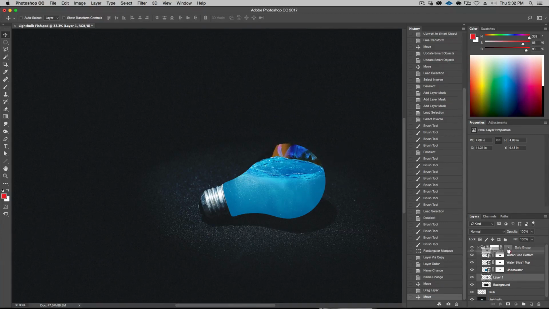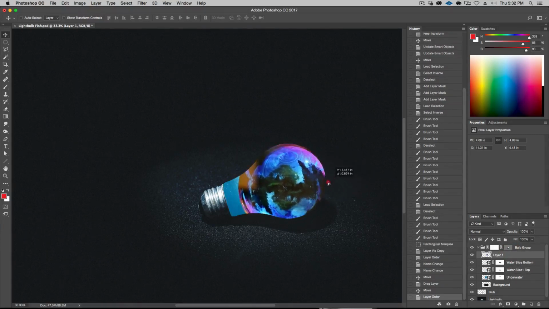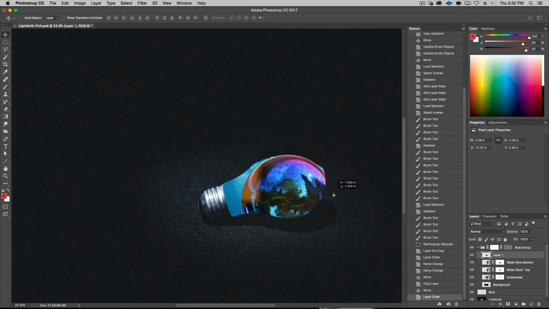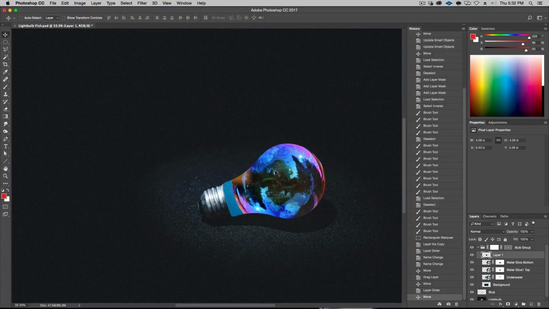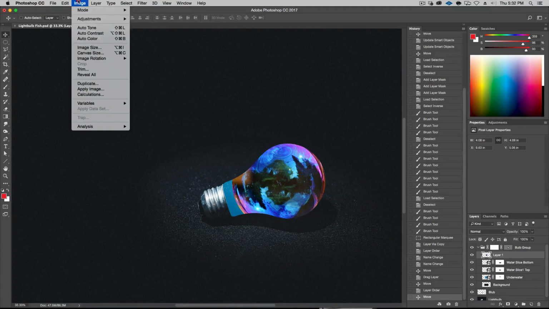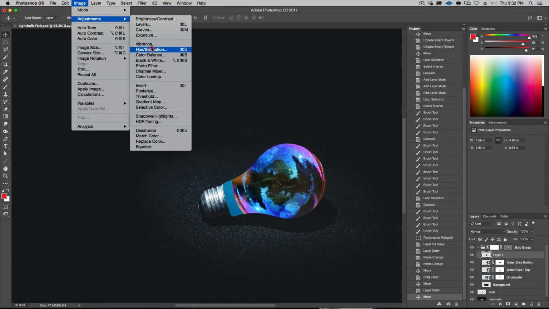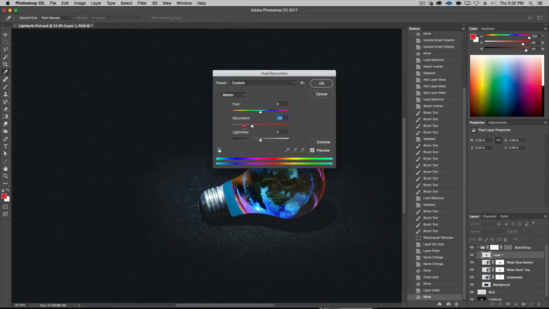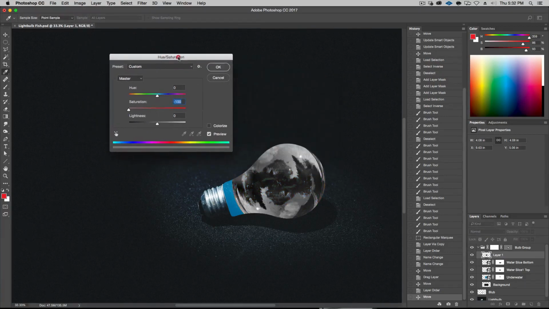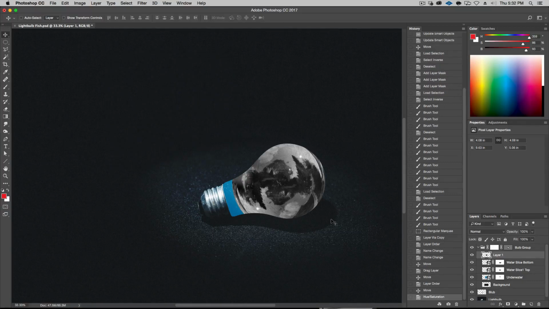Well, it's under all this other stuff, but look at that, we got a bubble. Okay, I don't need all the color information here. In fact, I don't want it. So we're going to just go ahead and get rid of that. Adjustments, hue saturation, and just take saturation all the way down to nothing. Makes it a black and white. Okay? All right.